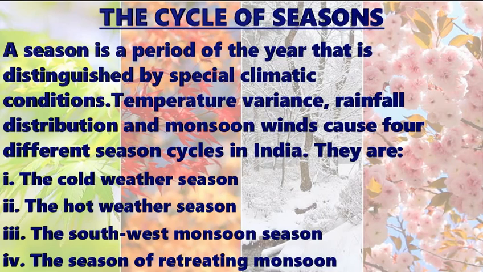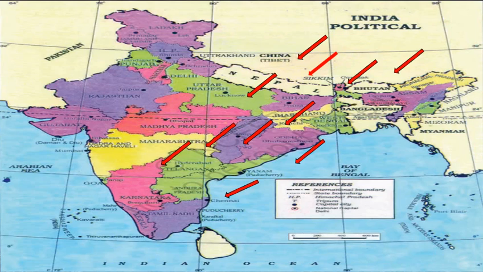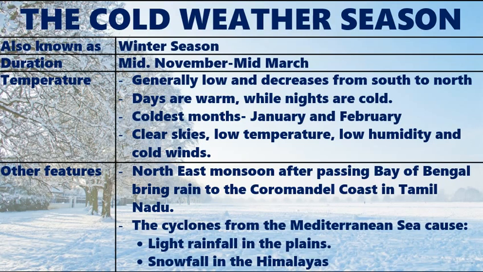And the four seasons are as follows: the cold weather season, that is the winter season, the hot weather season, summer season, the southwest monsoon season, rainy season, the season of retreating monsoon, autumn. We also discussed the two seasons, that is the winter and the summer seasons, in detail, in which we discussed